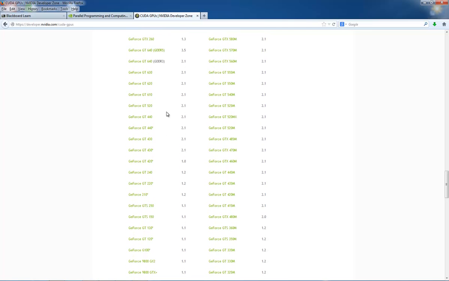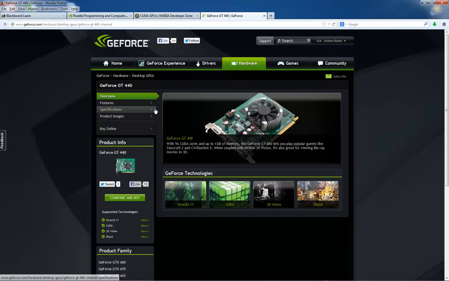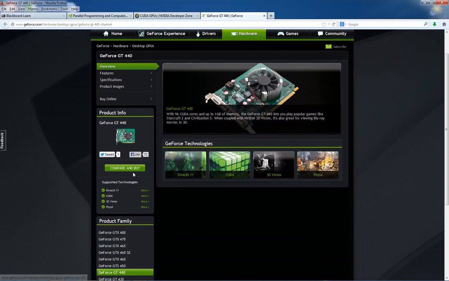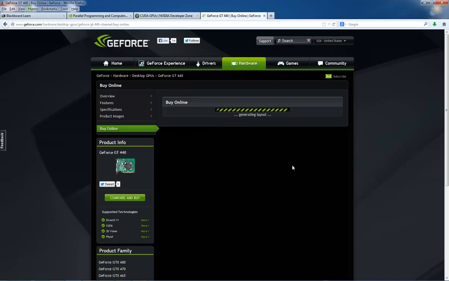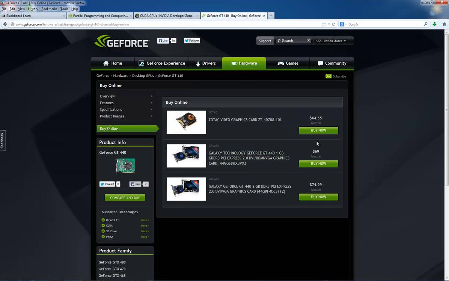You might want to go on the GT series and pick something like the GeForce GT440 or GeForce GT620. So for example, if you go to GeForce GT440, it'll take you to the link, and then when you click on buy, it'll show you that, for example, for 65 to about $75, you'll be able to purchase